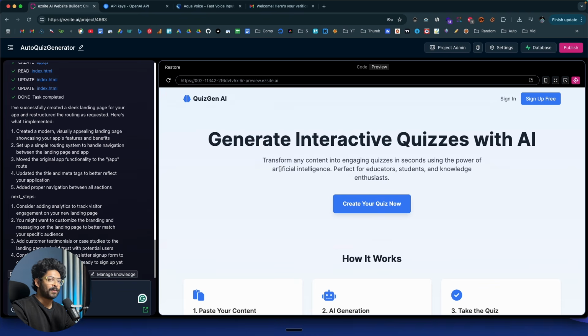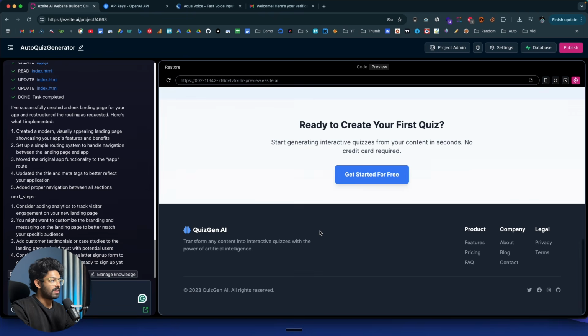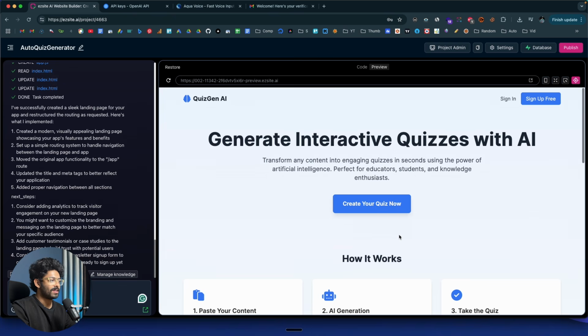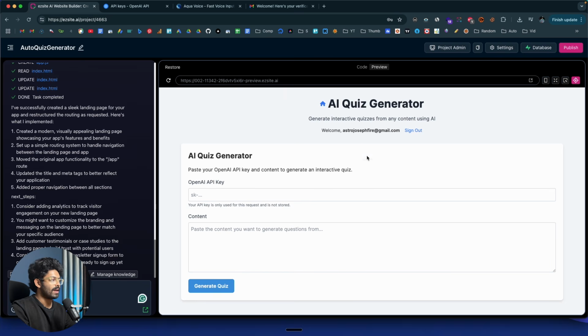All right, so there you go. Here we have a nice looking landing page, and it says generate interactive quizzes with AI. We have a couple of these cards, again cards, footer, the CTA and all that. And if I click on this create your quiz now button, it should hopefully take us to the app page where I should be able to access the app. Okay, so everything looked good. And now if you want to, you can go ahead and put your OpenAI API key, paste the content and